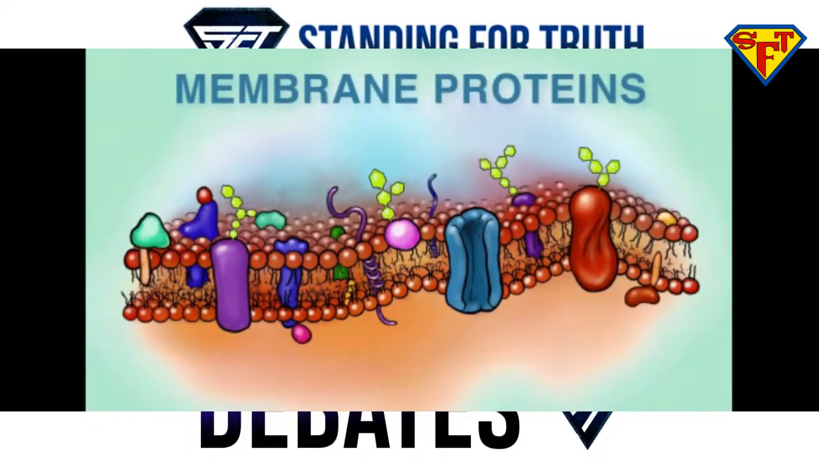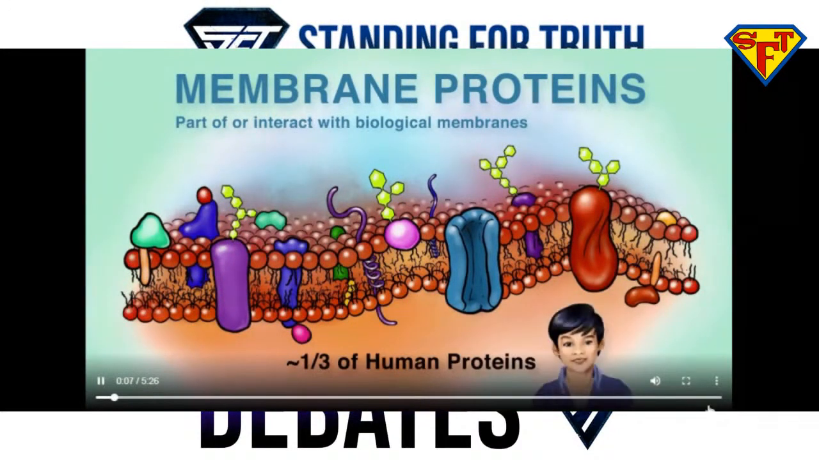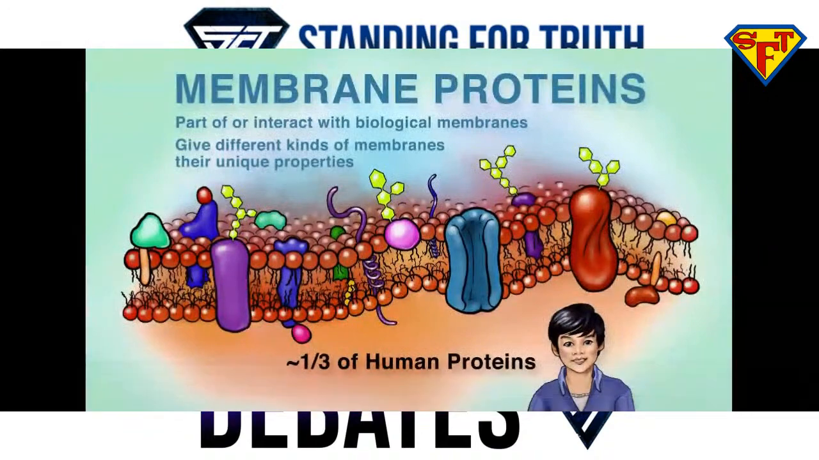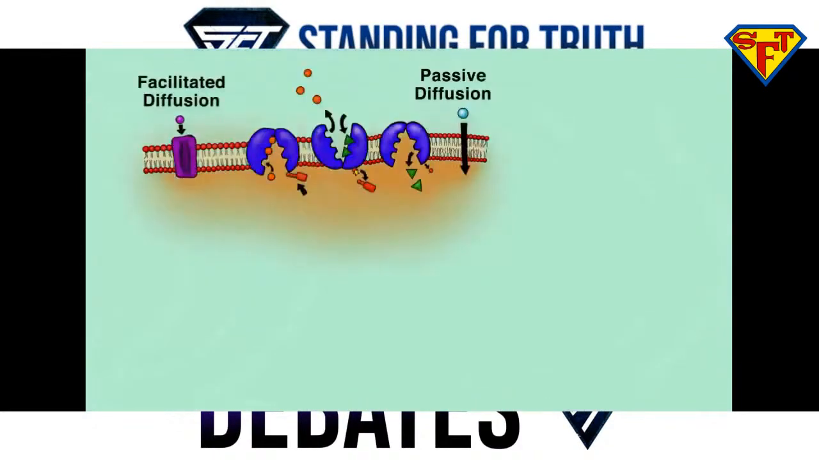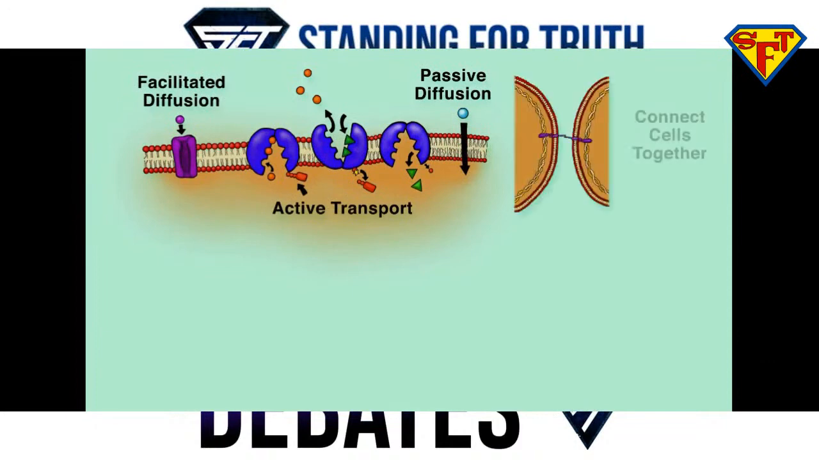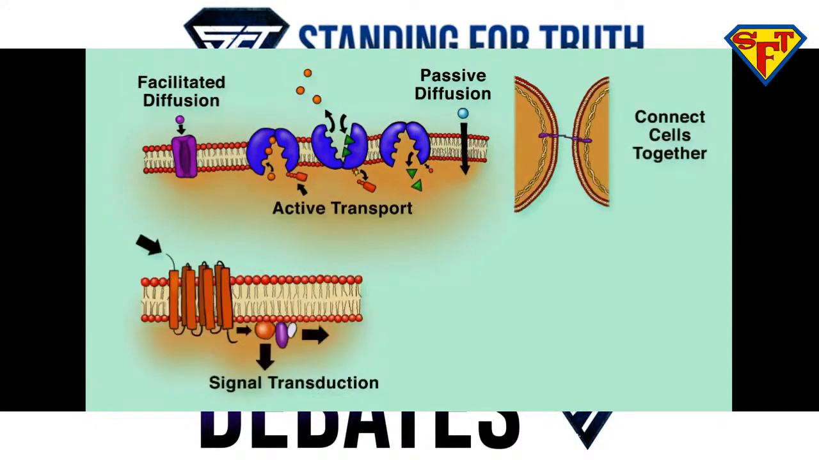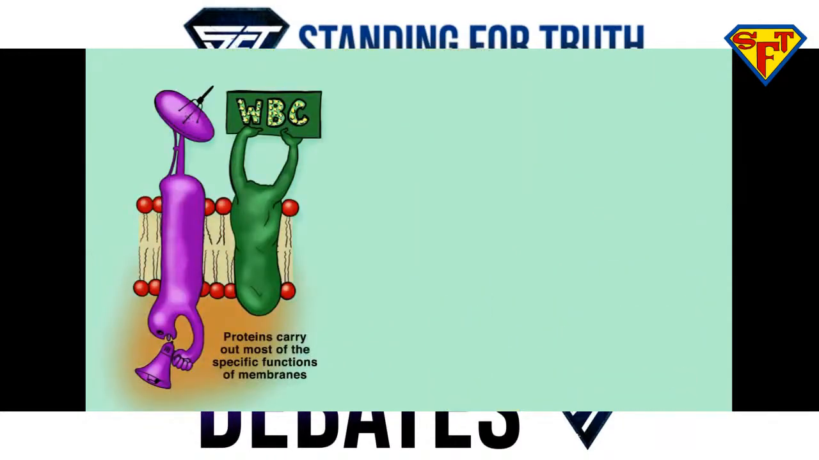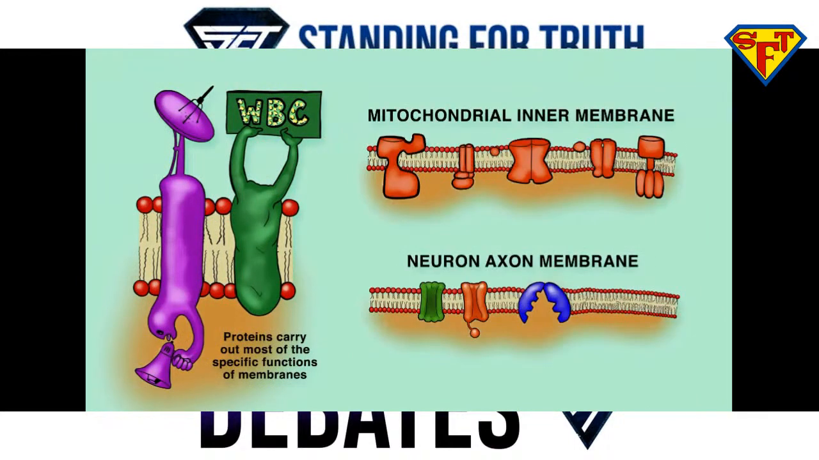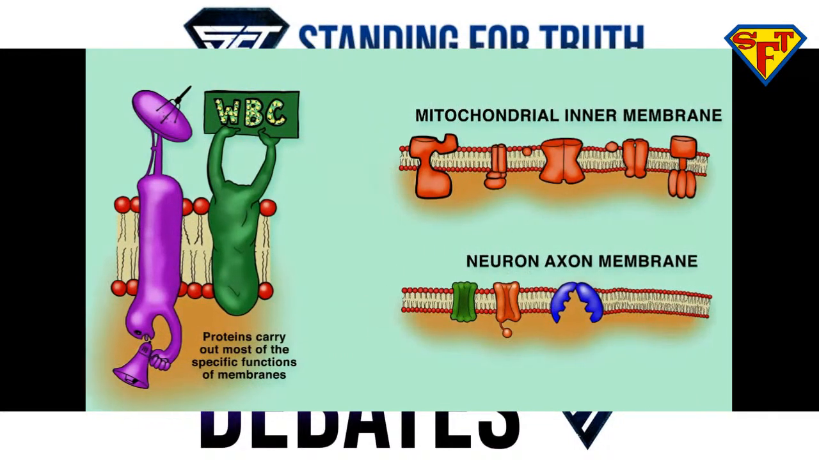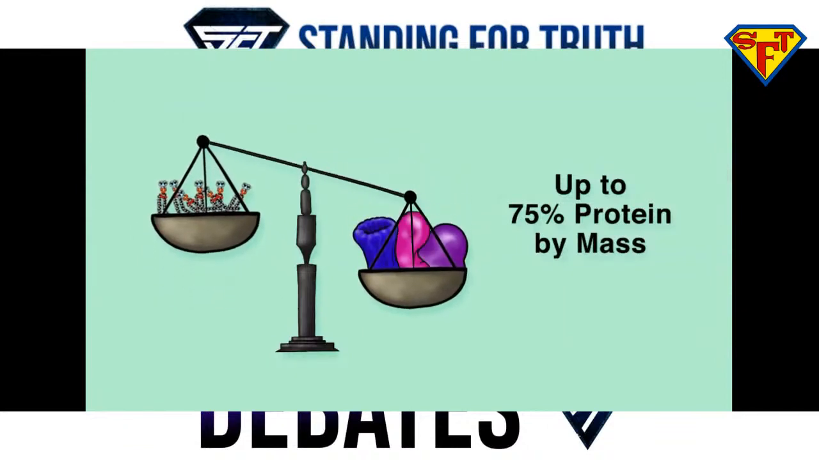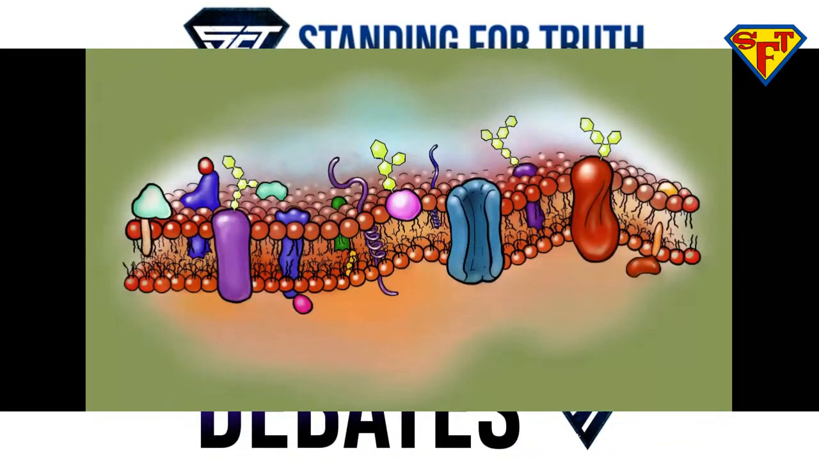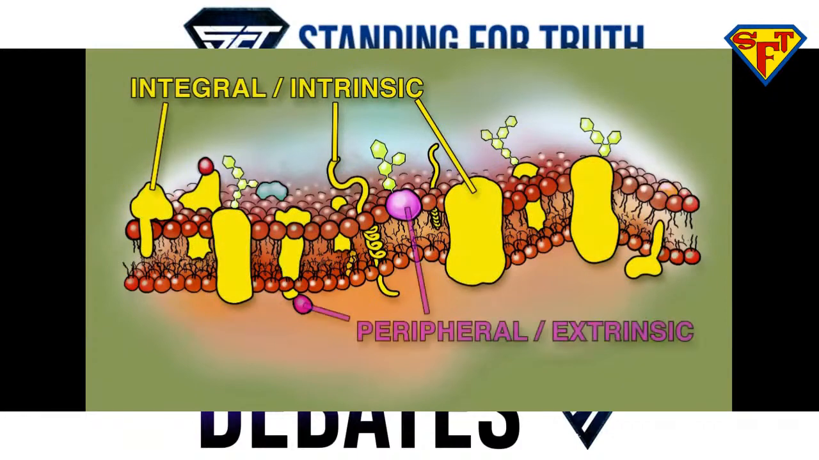Membrane proteins are those proteins that are either a part of or interact with biological membranes. They make up around 1/3 of human proteins and give different kinds of membranes their unique properties. They help with both facilitated diffusion and active transport, connect cells together, participate in signal transduction, and act as markers for cell identification. Proteins carry out most of the specific functions of membranes, so the amount and types of proteins vary between different membranes. Membranes can be up to 75% protein by mass. Membrane proteins come in 2 flavors, integral or intrinsic, and peripheral or extrinsic. Integral membrane proteins are a permanent